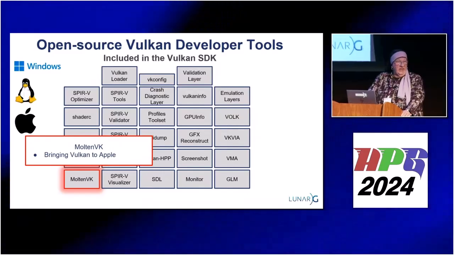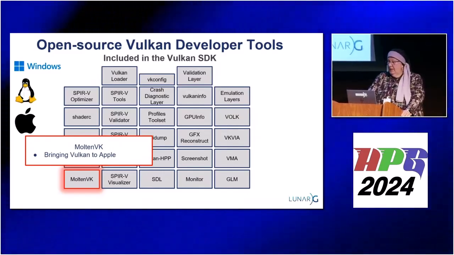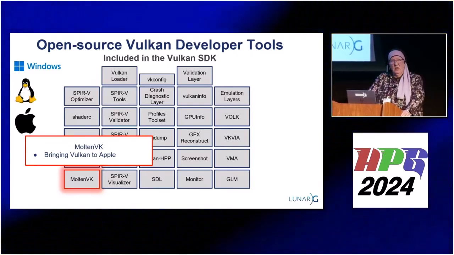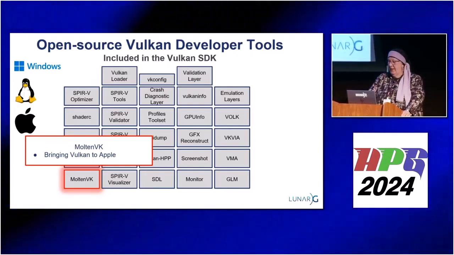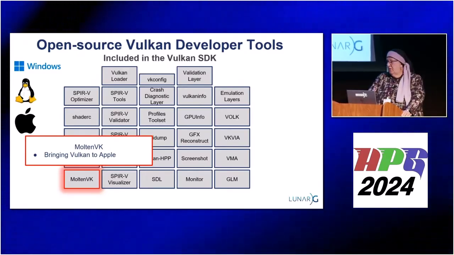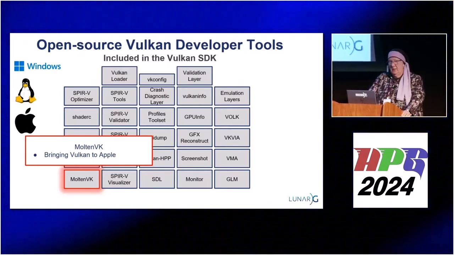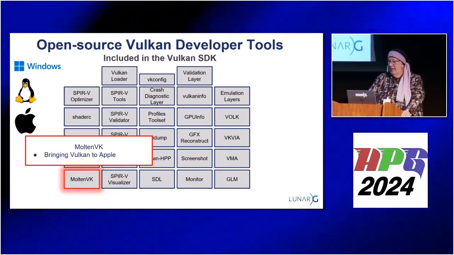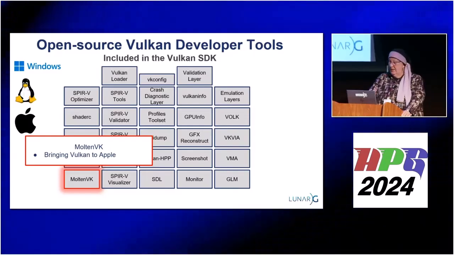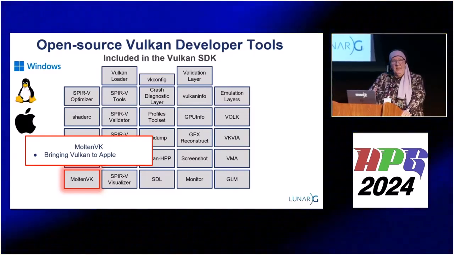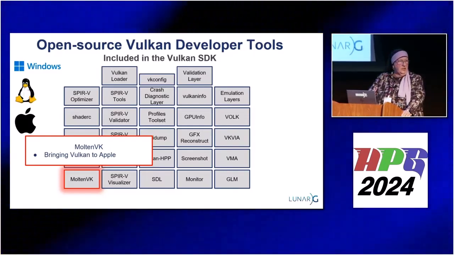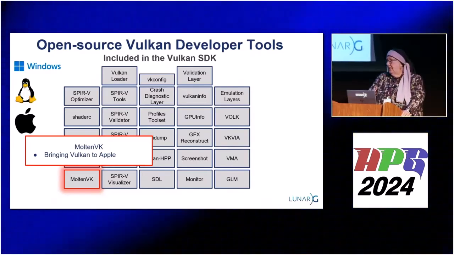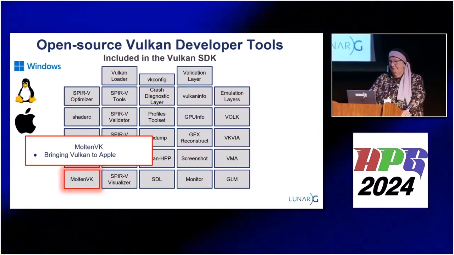I'll bring up MoltenVK because it's interesting. In 2018, it became an open source project. So this is a couple years after the launch of the Vulkan API. It's a library that comes from the Brenwill Workshop, Bill Hollings, and it translates Vulkan calls to the underlying Metal calls on macOS, iOS, tvOS. And when it became open source, this prompted the creation of the Mac version of the SDK. It was now enabling Vulkan on Apple platforms.